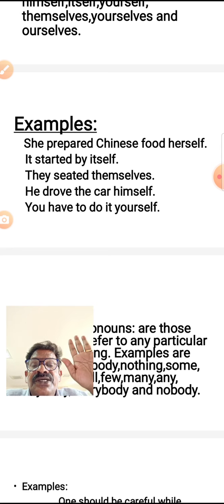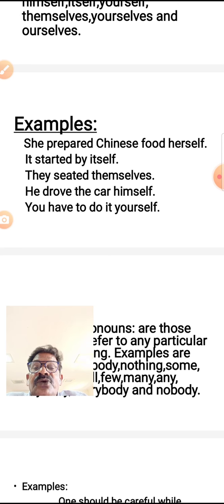That means he didn't take help of a driver or a chauffeur. Right? He himself drove it. Then you have to do it yourself. Last example. You have to do it yourself. Right? Then next,